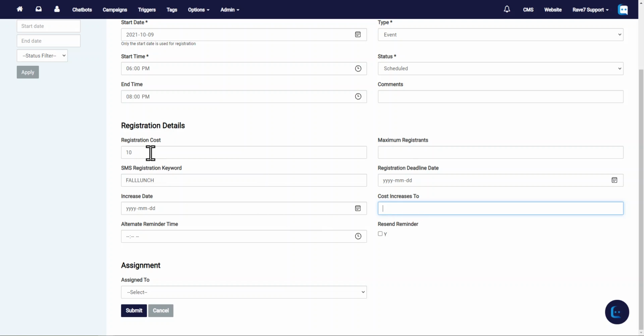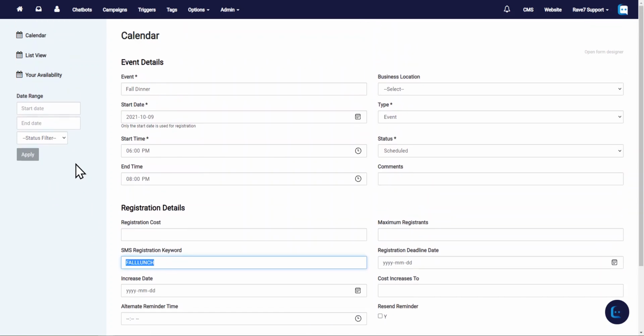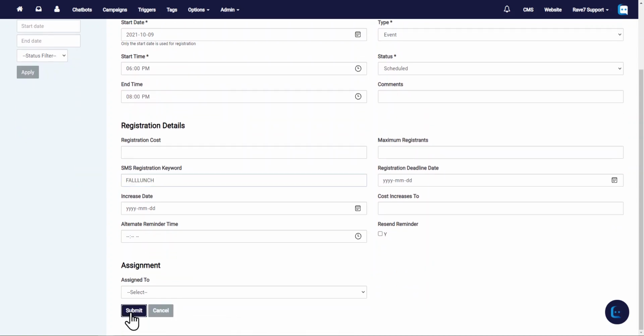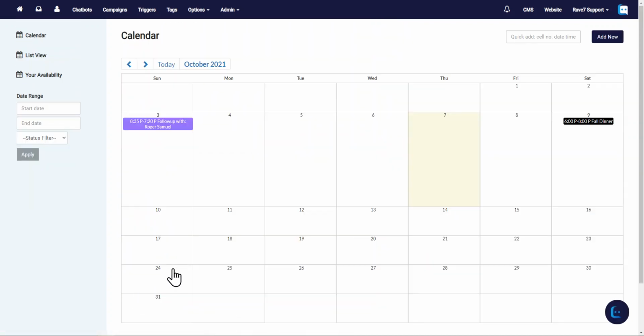We're not going to use that. We're not going to use an amount here, but we're just going to have our fall lunch keyword for this particular event. I'm going to click submit. All right, so we've got our event in the system. And now what we want to do is we're going to go over to our